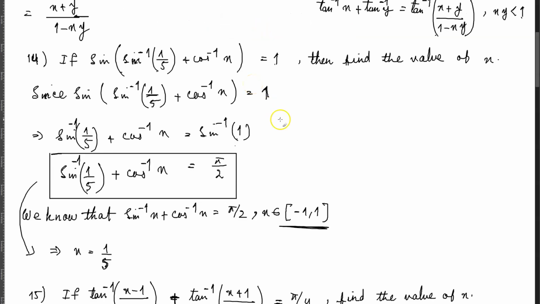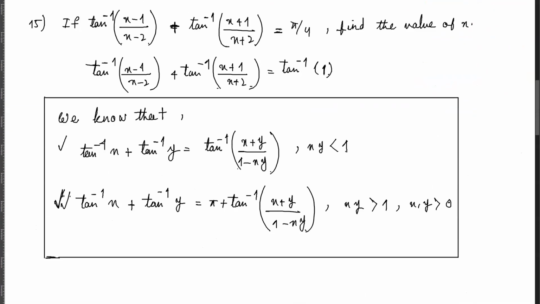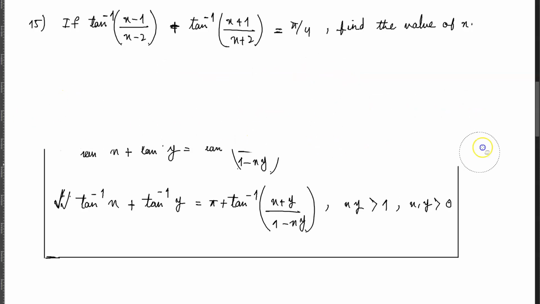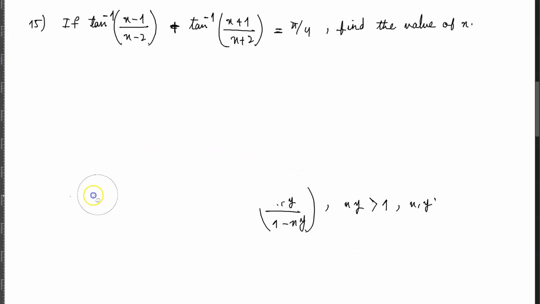Okay, now to solve this problem, I did solve this problem in a different way, and this is the second time that I'm solving this problem. Now, what we have is that the tan inverse of (x minus 1) over (x minus 2) plus the tan inverse of (x plus 1) over (x plus 2) is equal to pi by 4. So we know that the tan inverse of x plus the tan inverse of y is equal to the tan inverse of